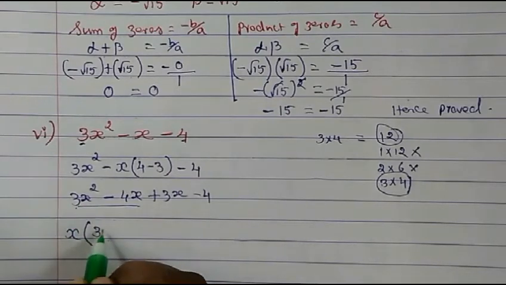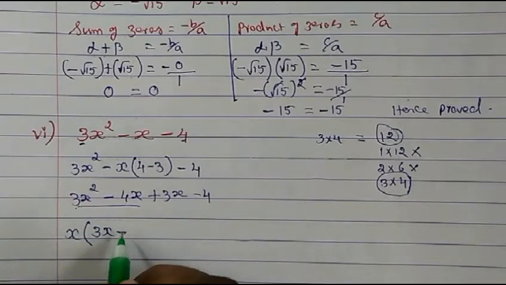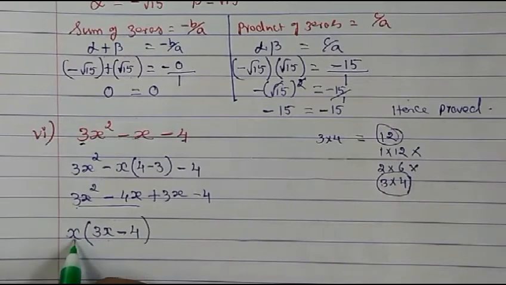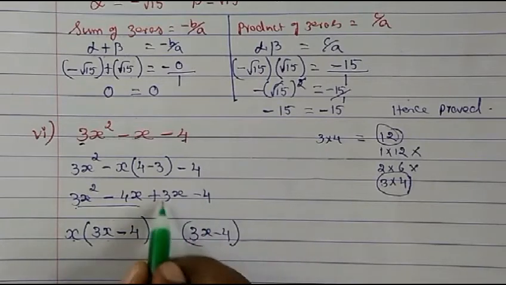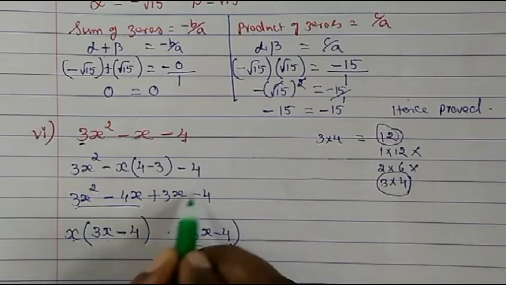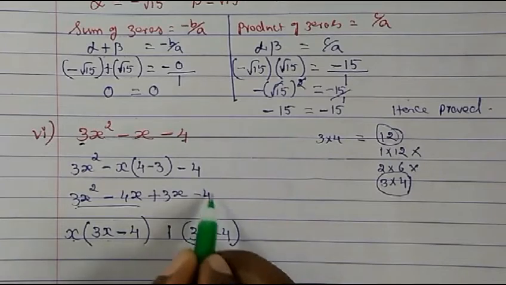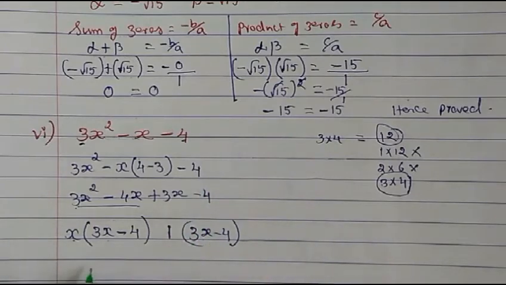So now this will be 3x square, then minus, then with x taken out as common, we have 4. Now x into 4 will give 4x. In the same way, write down 3x minus 4. Now with which number if we multiply, will we get this? With 1 if we multiply, we will get this. So now what we have is x plus 1 and 3x minus 4.